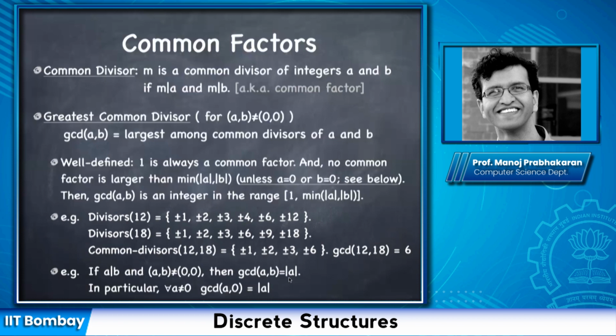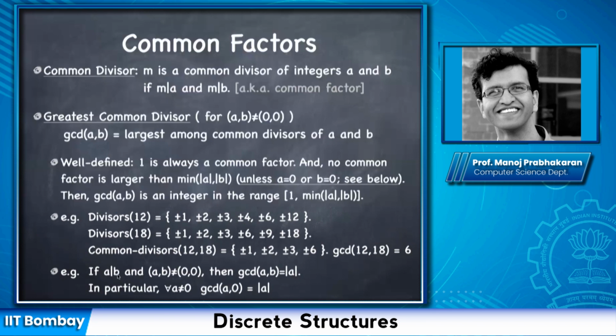And why is that? Because all the divisors of A are also divisors of B. So in particular, the largest among them is the absolute value of A, right? So that would be the greatest common divisor. In particular,